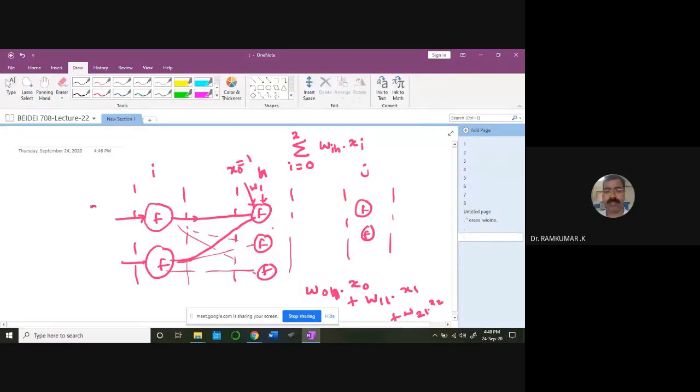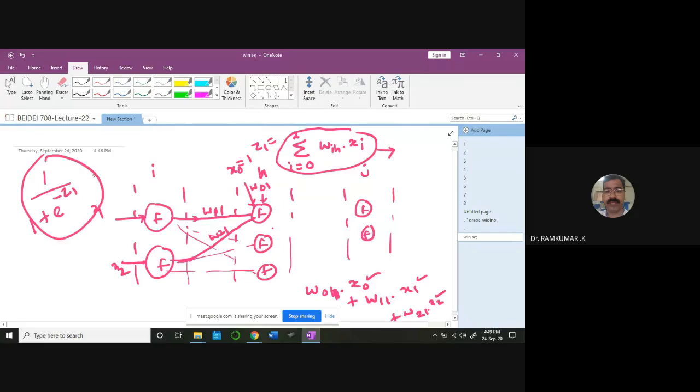So for the first neuron, this is x1, this is x2, this is x0. I have taken x0, x1, x2. The corresponding weights are W11, W21, and W01. Is it clear now? Three weights are here. So I can compute this value at this particular point. This value I am calling Z1. Then I will pass this value through a function called sigmoid. This is the activation function.